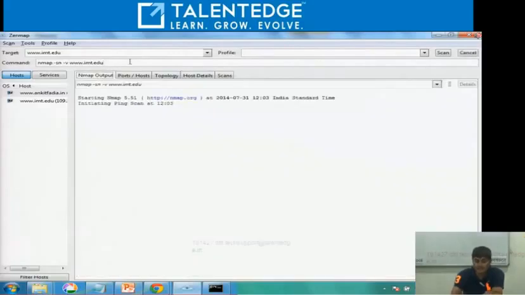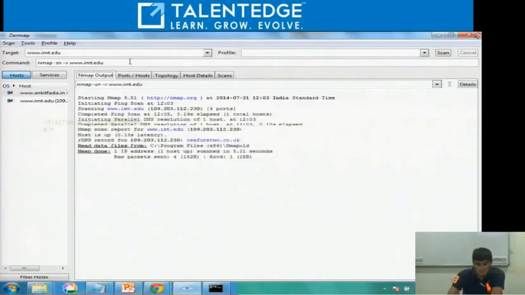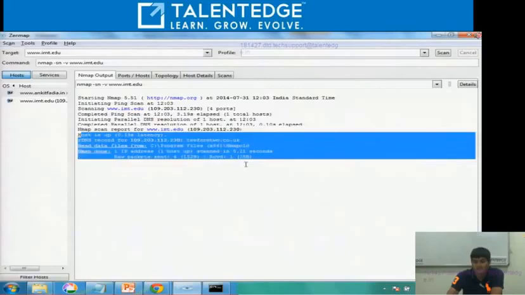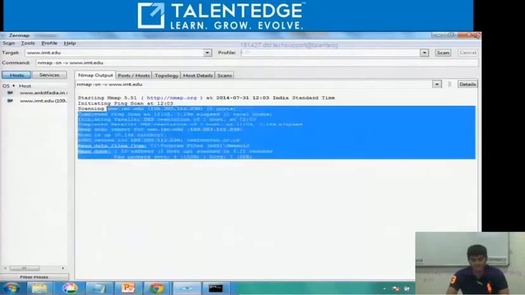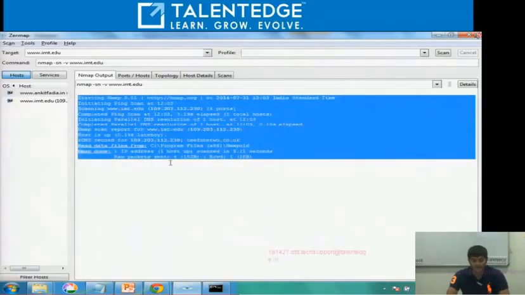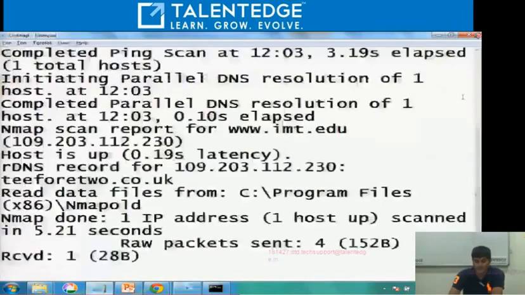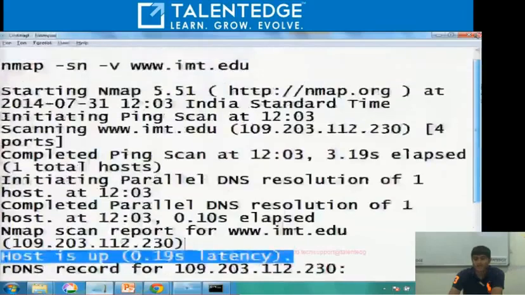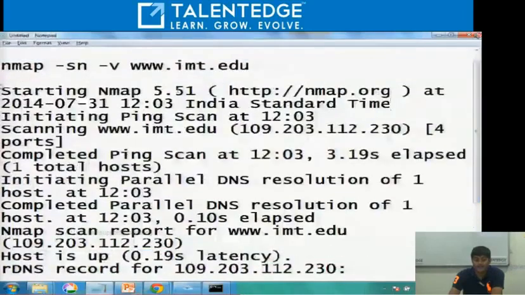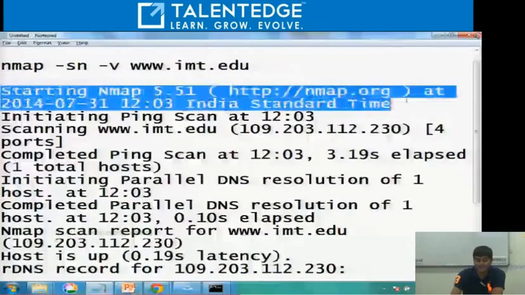So it says starting Nmap, initiating the ping scan. It says completed ping scan at so and so time. The host is online. So let me just copy this output into the notepad file so we can discuss it. So this is the output that we got. It says starting Nmap at so and so time, initiating ping scan,